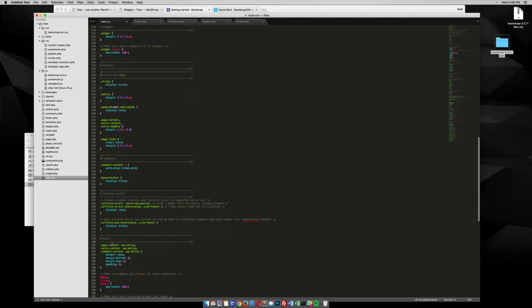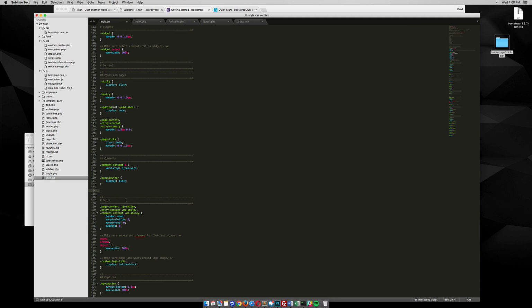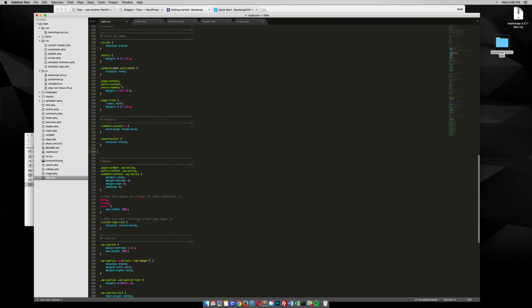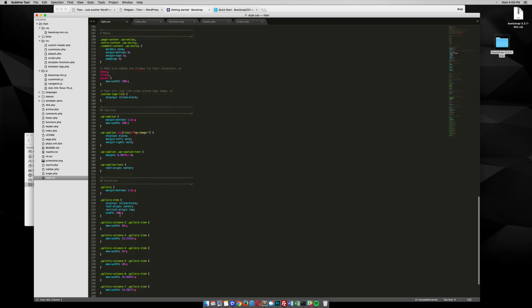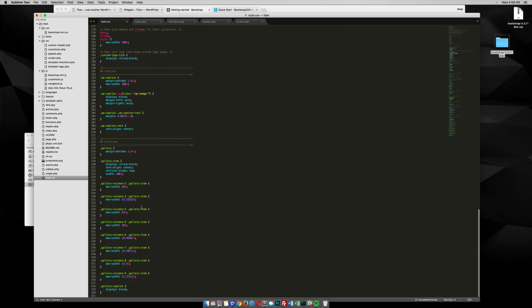Comments, infinite scroll, not really going to touch on that right now. Media, these are page content. You can see that it's WordPress related, so I normally keep those in there. Captions has WP in front of it, so it's WordPress related, and the galleries are also WordPress related. So give that a quick save,